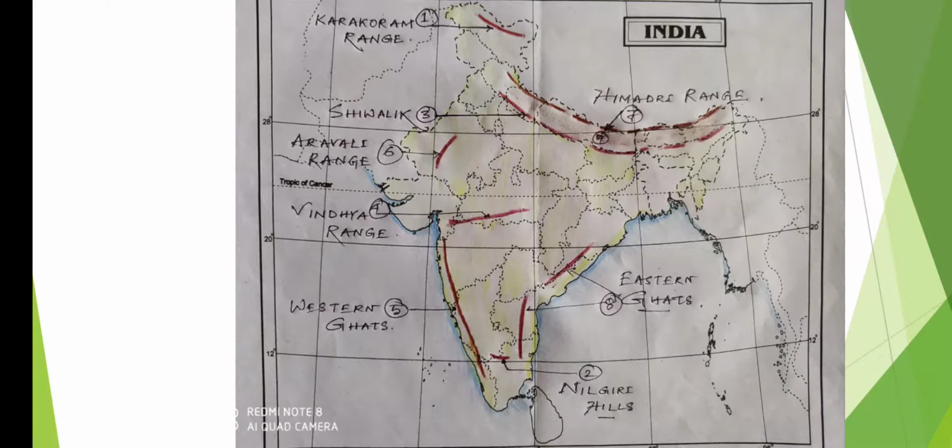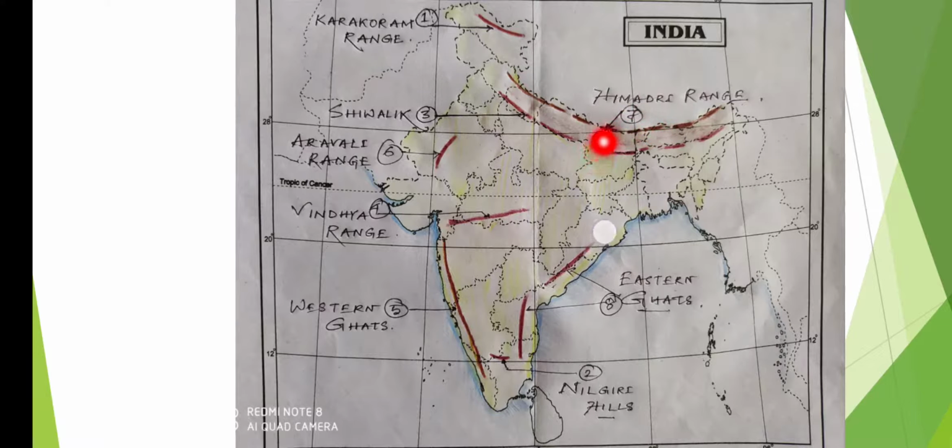Next, the seventh one, I have given one direct question on the Himadri range. Himadri, Himachal and Shivalik are the three parallel ranges. It is the northernmost range of the Himalaya, lying in an arc shape from west to east and covering the northern part of our country. It is known as Himadri, and I have given number 7.